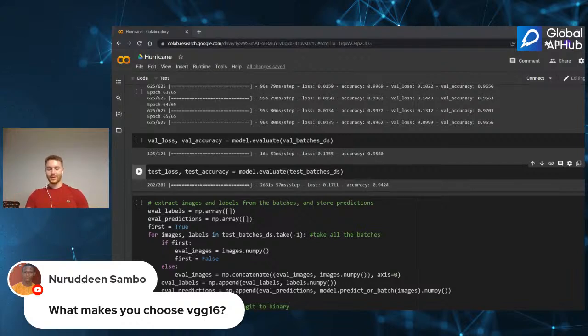It works best with pixels, and that was the first try I did. If it wasn't that good, I would have changed it, but I got almost 0.94 accuracy on the test result, and after that, that's enough for me. So I usually like using VGG16 because it works better with pixels, in my opinion.